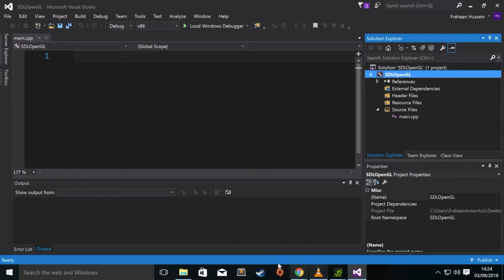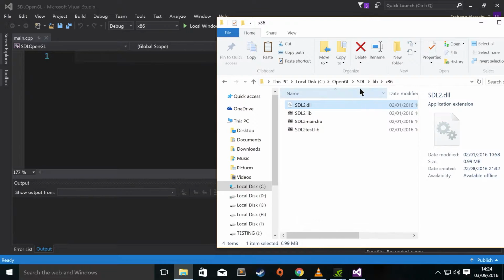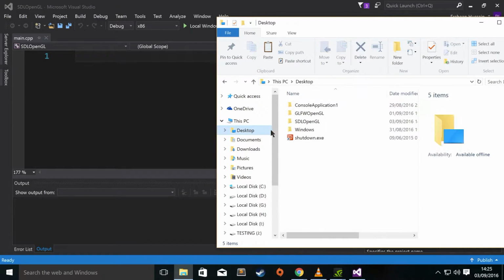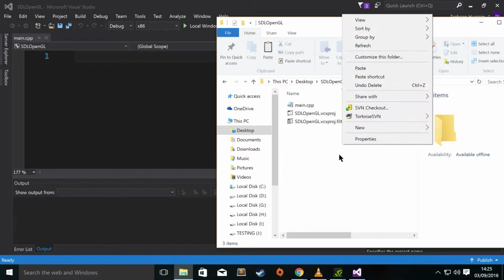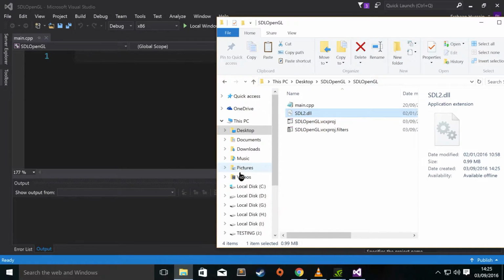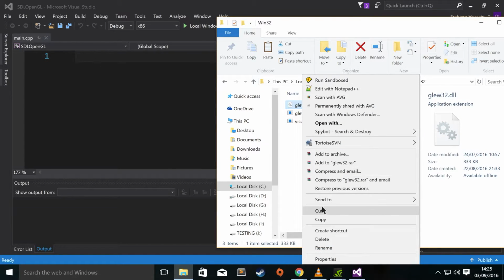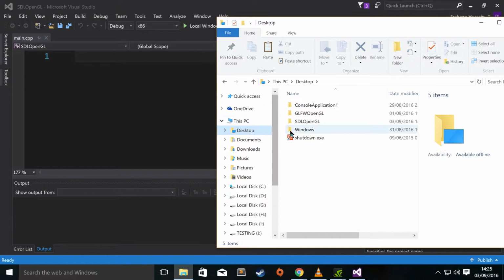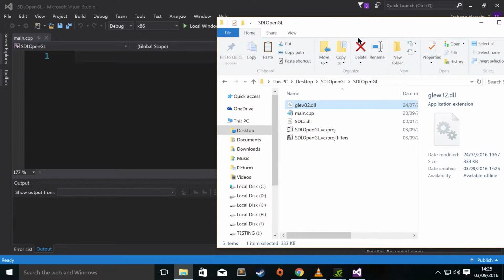Before we start coding, there's one last thing we want to do. We want to copy the SDL2.dll, which is in the SDL folder, lib, and then the platform version. Go to your project, go to the folder where the main.cpp file is, right click, paste. You want to now do the same for GLEW, so go to the GLEW folder, go to bin, Release, Win32, right click and grab the DLL file, go to the project, right click, paste,